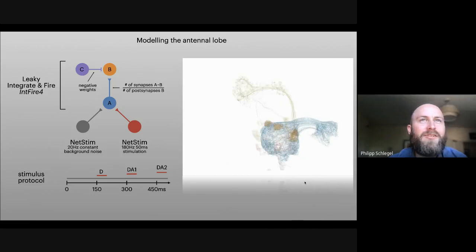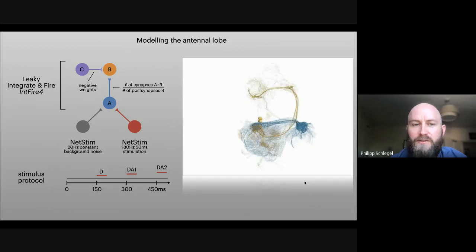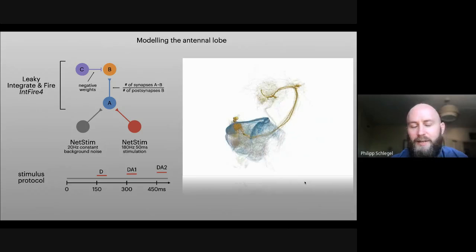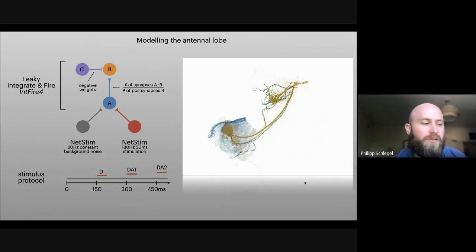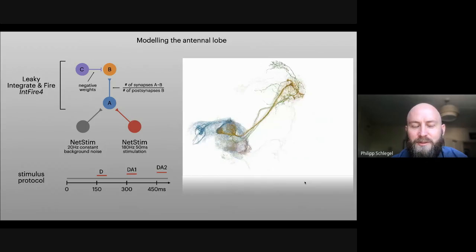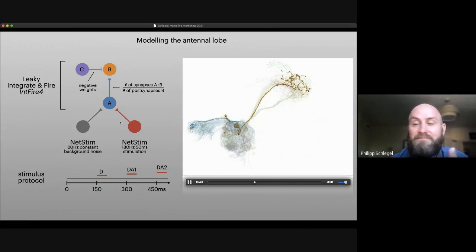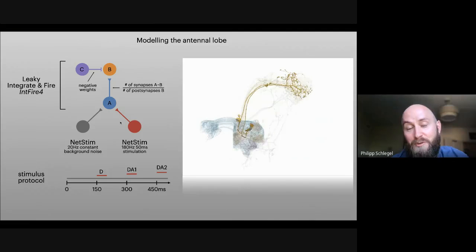I'm actually interested in some very specific responses of some of these PNs, right? So we know that some of these respond phasically, some respond tonically, and presumably encode concentration versus the change in odor, right? And I think for that, I probably need to have some sort of more fine-grained control. But at the end of the day, if I can come up with a hypothesis and then somebody proves it experimentally,